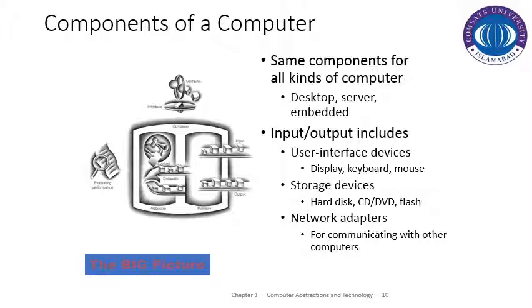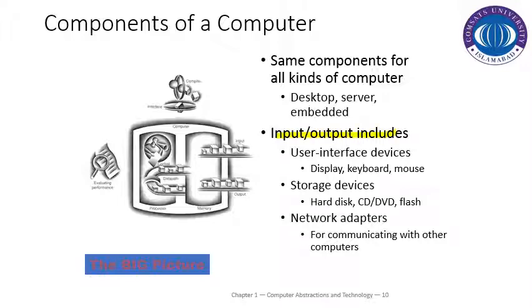Now, what are the components of the computer system? Those are the parts that are used to organize a computer system, the computer system organization. For example, the majority of computer systems come with similar components. For example, we have some dedicated I/O devices that are used to handle the inputs and outputs. All those devices, for example your display, keyboard, mouse, are the user interface devices that handle the inputs and outputs.